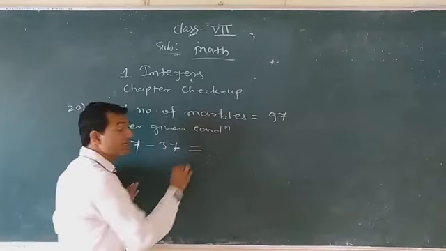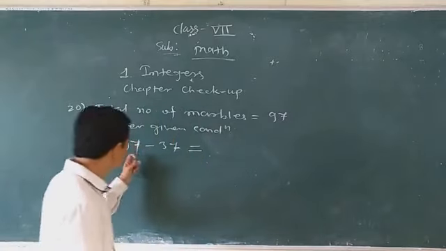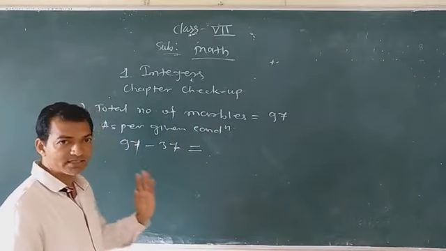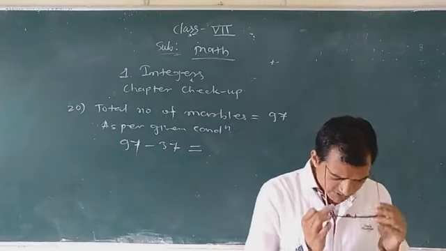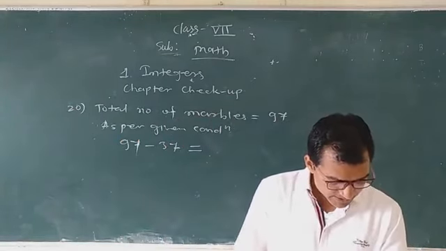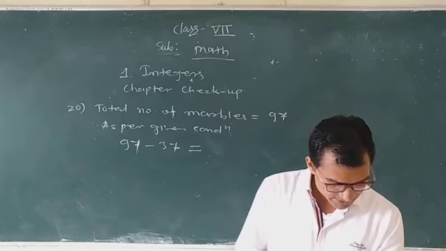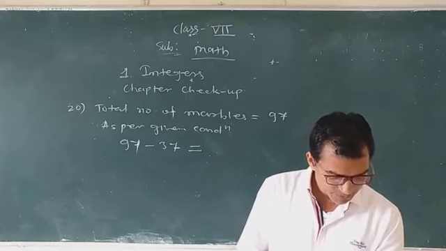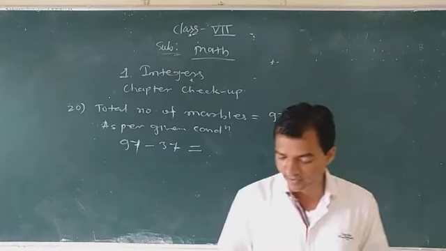Then how much will be the remaining marbles? That is given here. Actually you can find it. This minus this, what will be the answer? That answer is 60. You know very well. But actually what is given here? The number of marbles. And Adrian put some more marbles into the bag.